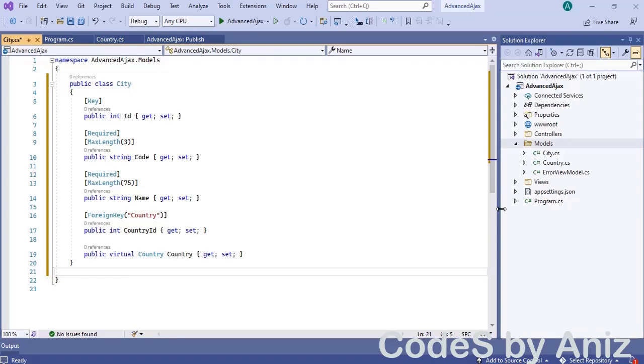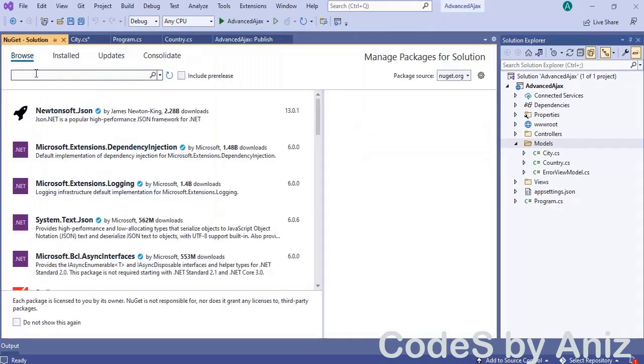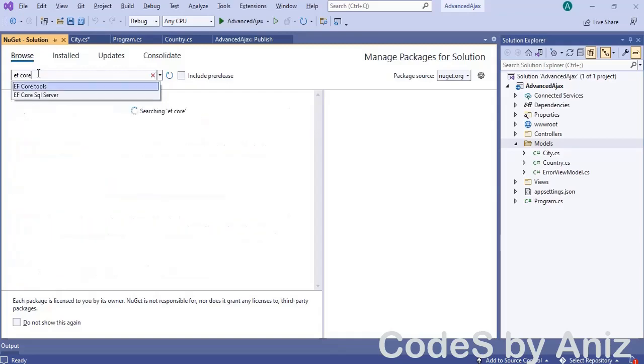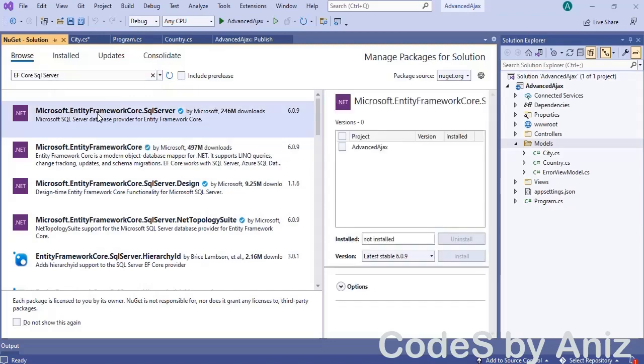Next step is to create the DB context. Before creating the DB context file, we must install the Entity Framework Core and Entity Framework Core tools. So select the Tools menu and then select NuGet Package Manager and then click Manage NuGet Packages for Solution. In here, click the Browse tab and in the search box type EF Core for SQL Server and press Enter to start the search. Then from the search results, select the first item